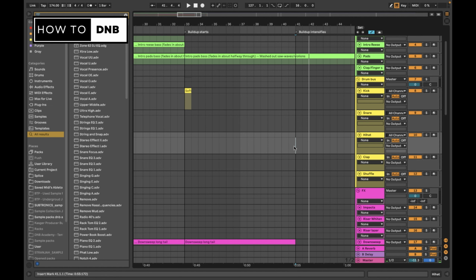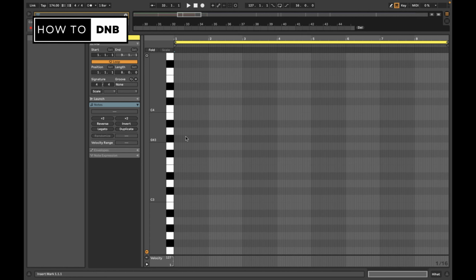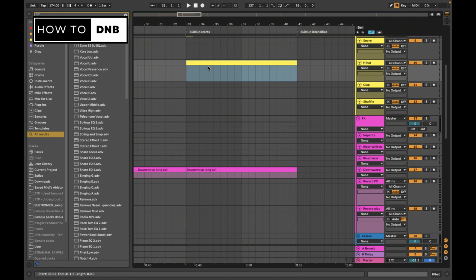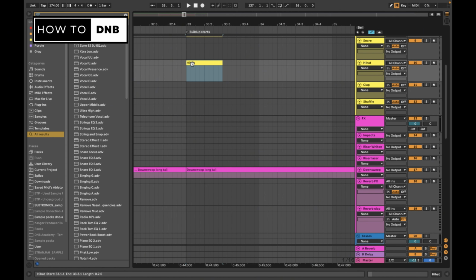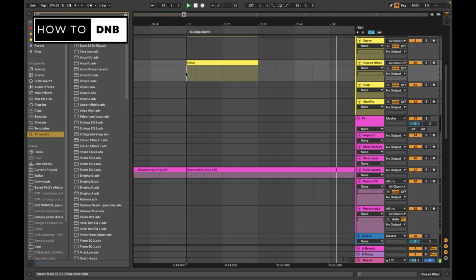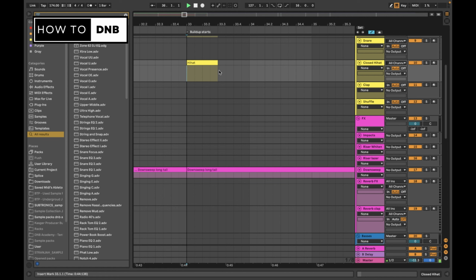Yep, you can hear. So rather than doing this whole thing, we could actually make this a little bit easier on ourselves. Just quickly call this hi-hat. This is a closed hi-hat, by the way, not an open hi-hat, so closed. Okay, so it occurs every time on this beat, I think. Actually, one time in between as well.